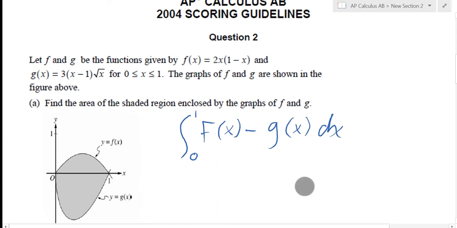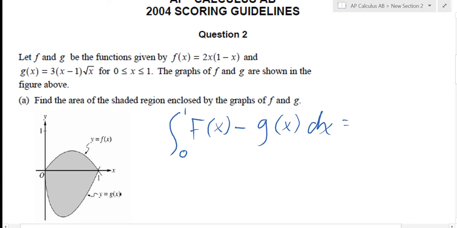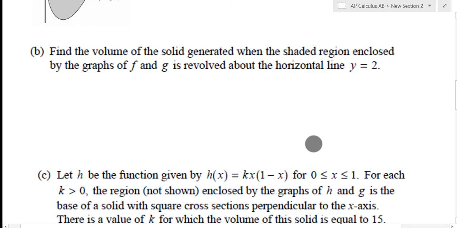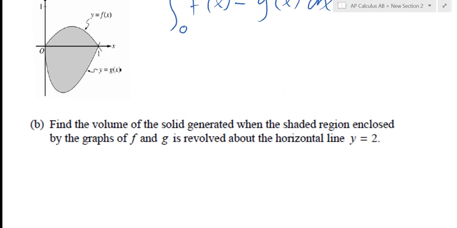You do it on the calculator. What do we got? What do you got? 1.133. Everyone okay with that? There you go. That's like 3 points on the AP exam. Awesome. Cool. The next question is about finding the volume when we rotate that solid about the line y equals